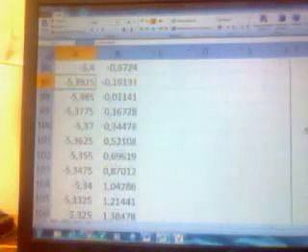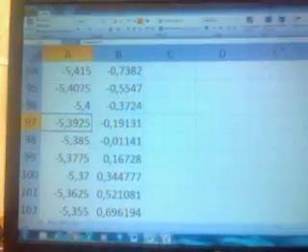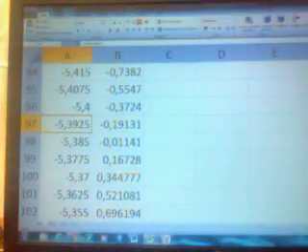But then again, I have to go back to my graph and see if I can improve my